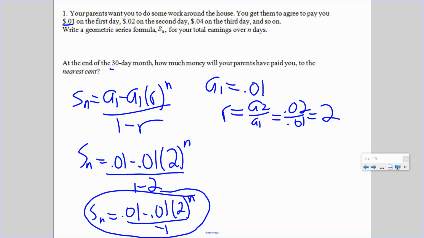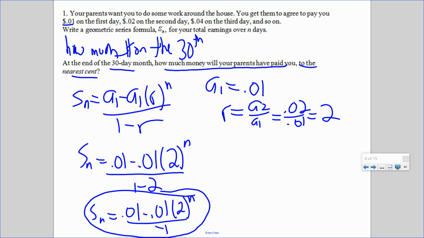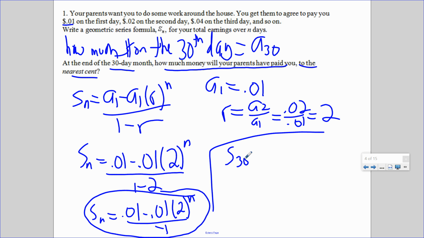At the end of the 30-day month, how much money will your parents have paid you to the nearest cent? Now, here's why this is a series instead of a sequence. If it wants to know how much money you would make on the 30th day, that would be A30. S30 is the total amount